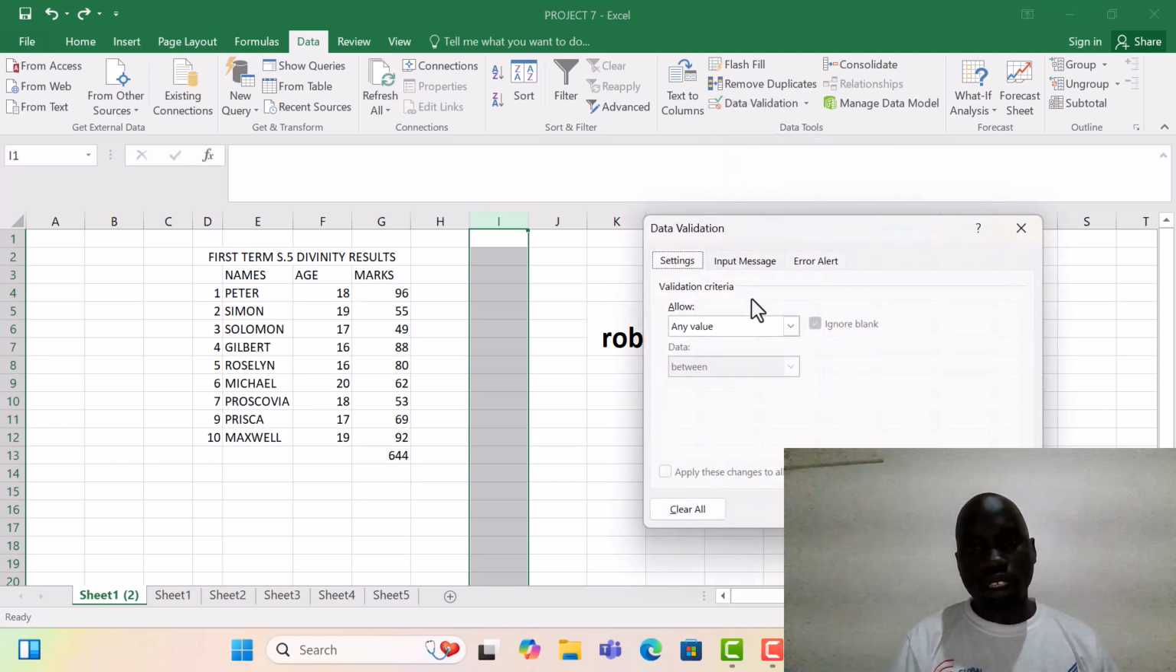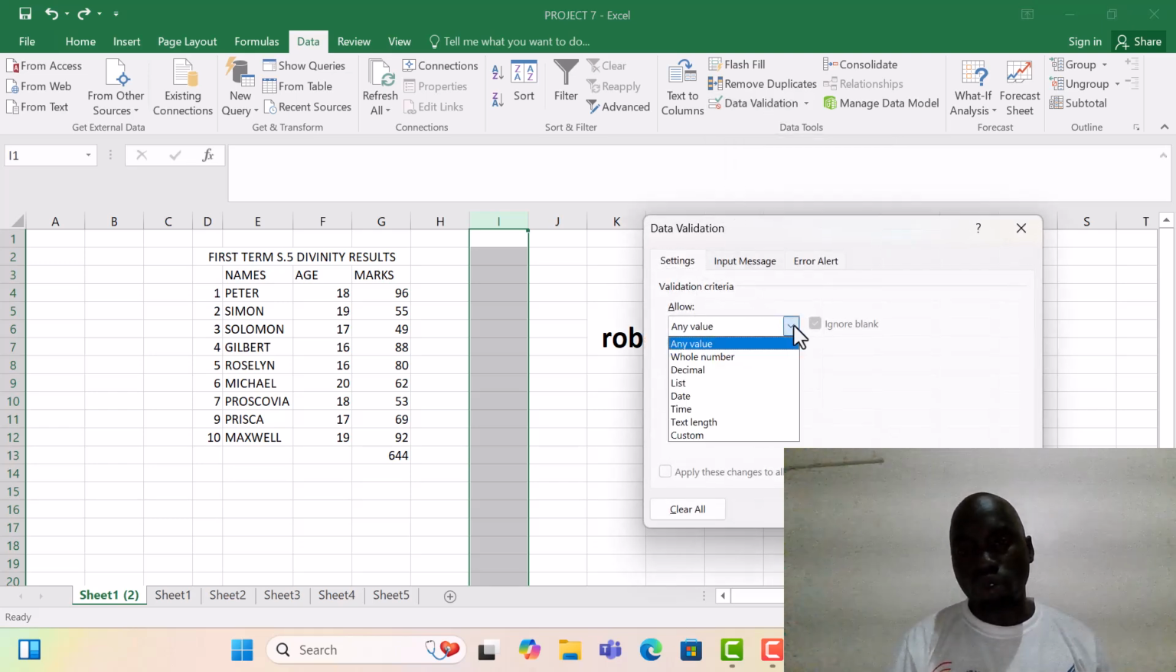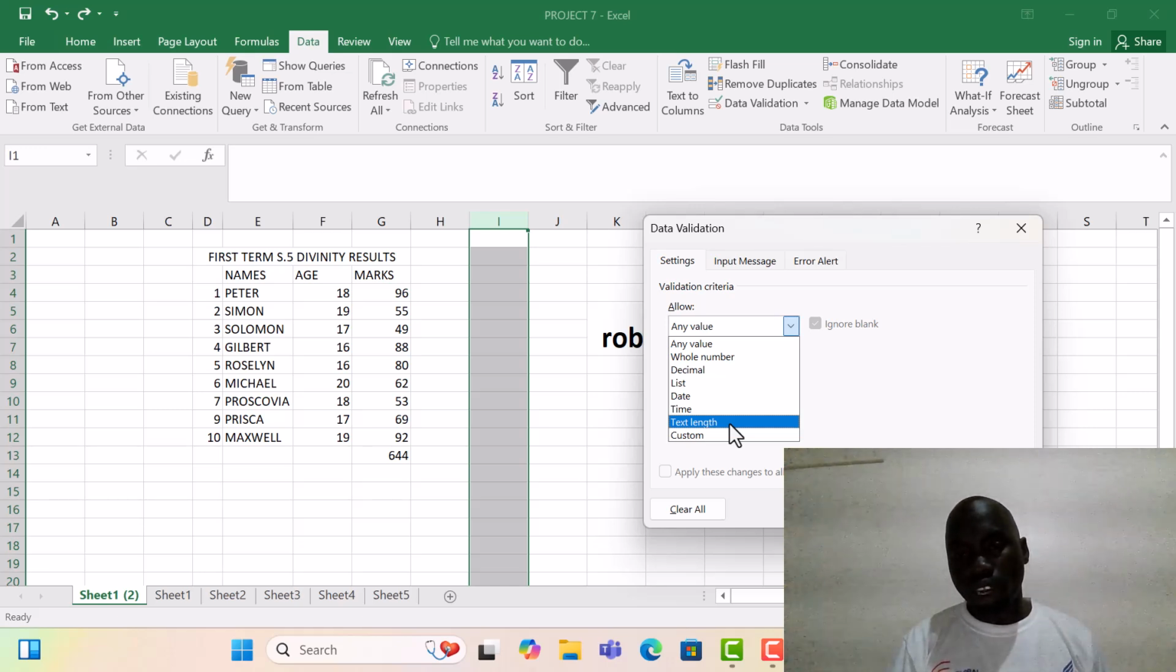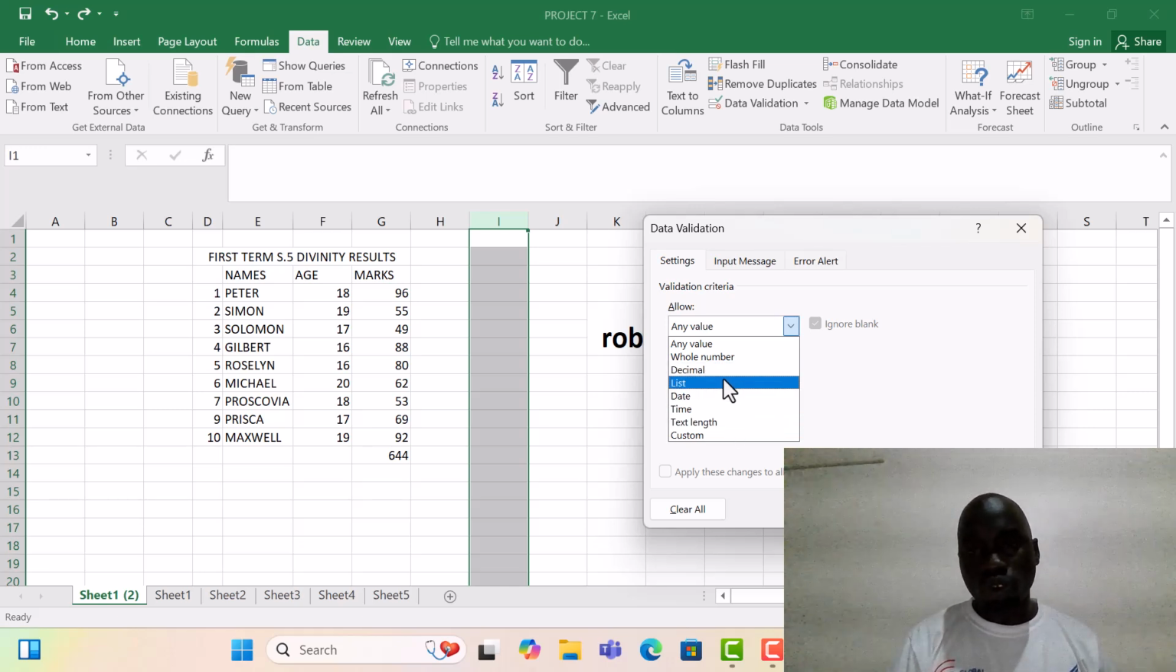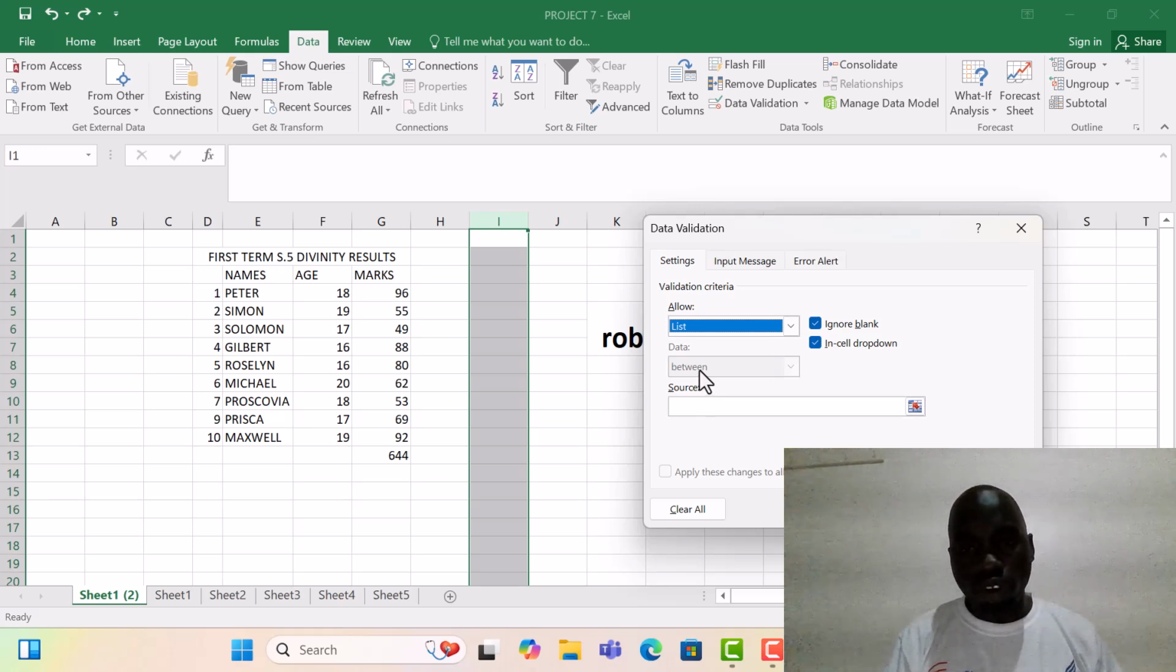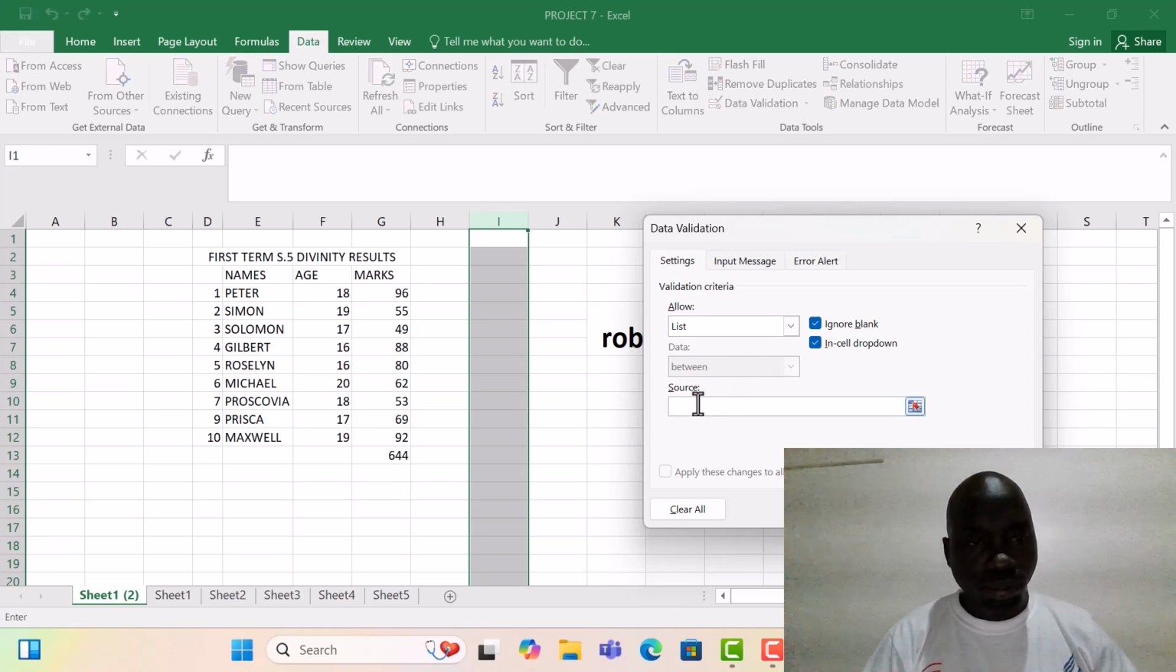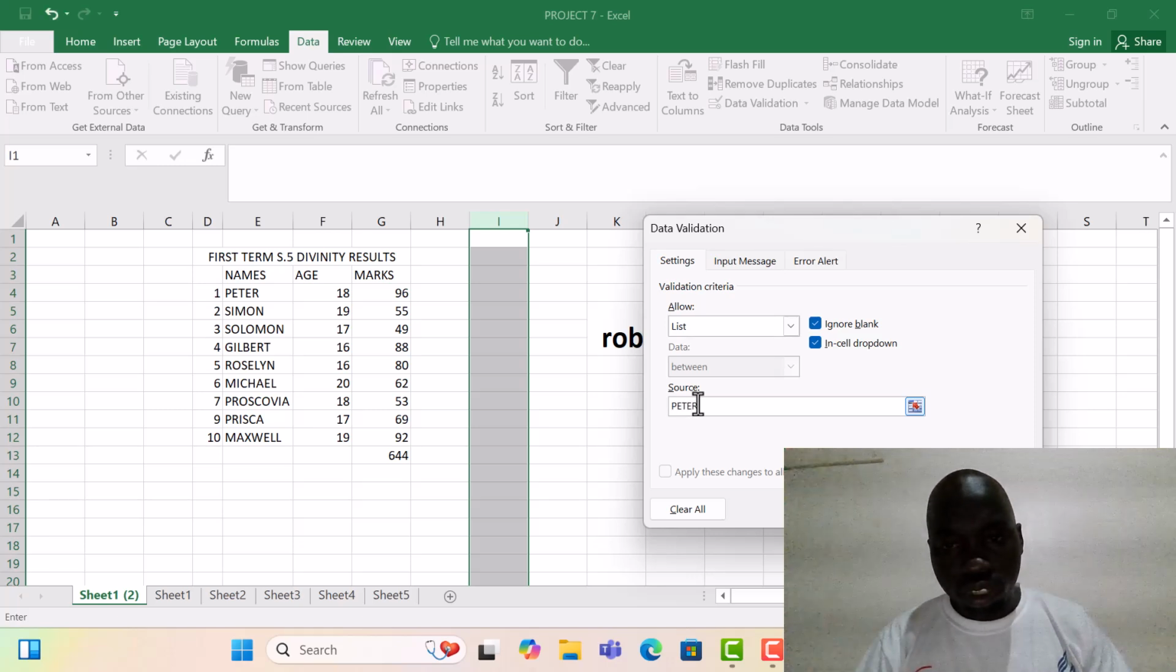When you select it, it will ask you for what you want to enter. Do you want to enter whole numbers, decimals? You want to enter a list? You want to enter a fixed date, or a fixed time, or some specific length? So let us do a list, maybe of names. For example, let's say the names are Peter,